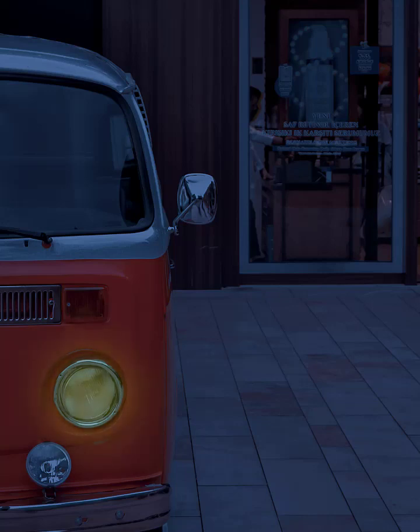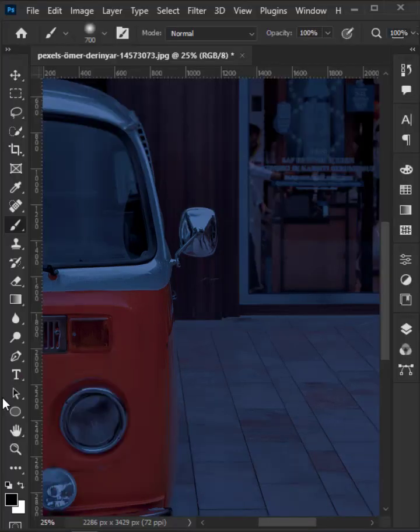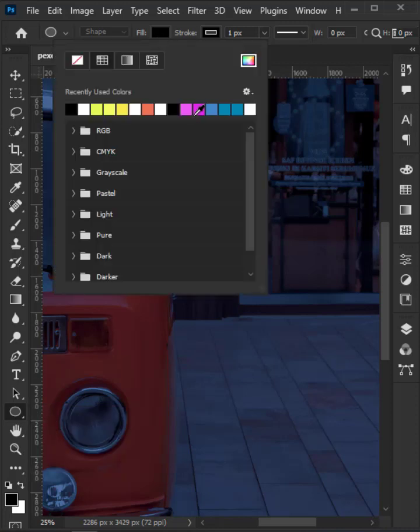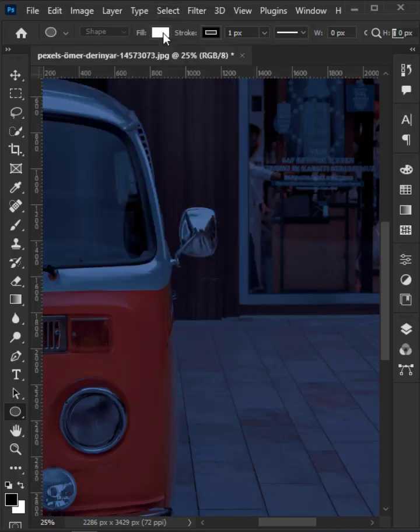How to create a headlight effect inside Photoshop. First of all, select the ellipse tool, and then the fill color will be white, and then holding the Shift key, draw an ellipse